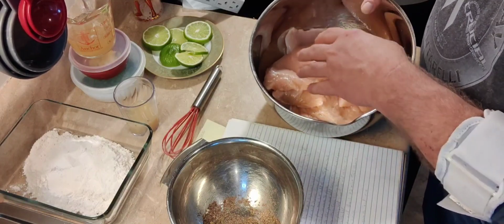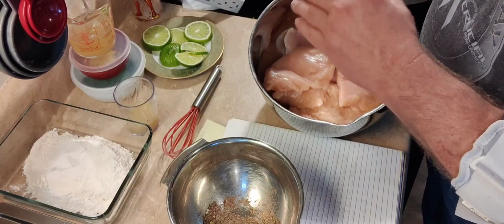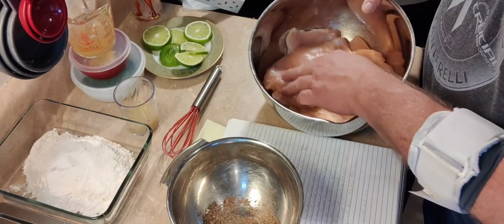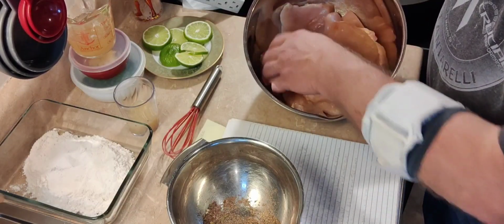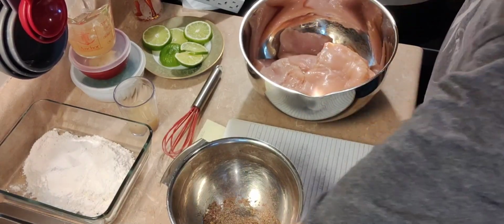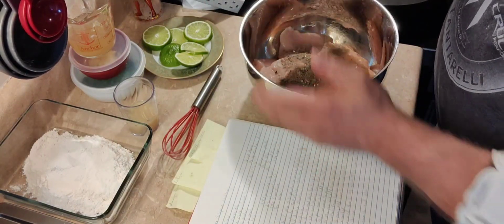And what we did was I took my meat mallet and I got them down to a 1/2 inch. You know, I beat them to a 1/2 inch and got them a little tenderized, and then I cut them in half. I know there looks like a lot more chicken in there, but it's just 4 slices cut in half. So what we're going to do is we're going to take this seasoning, put it on there,